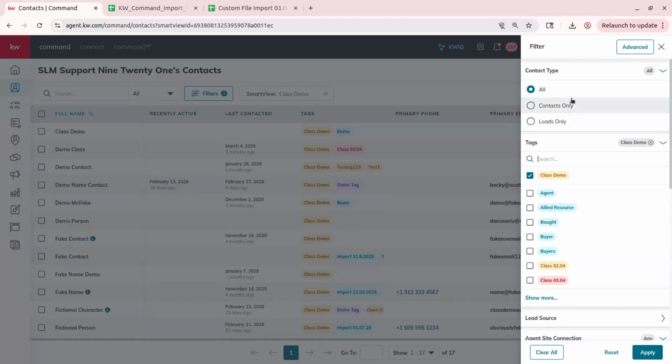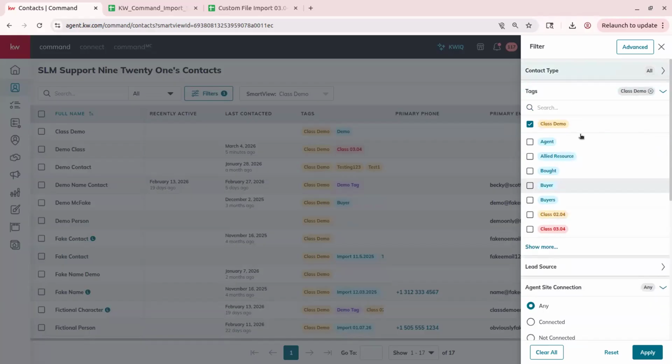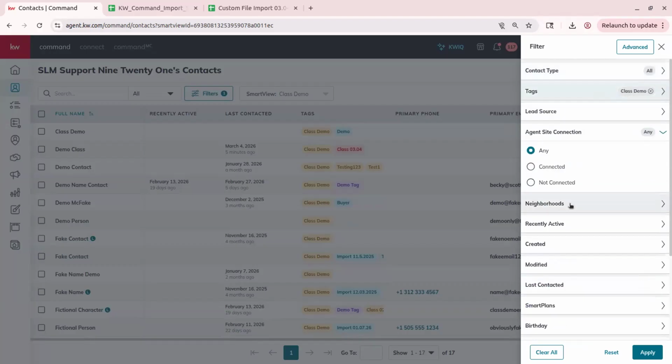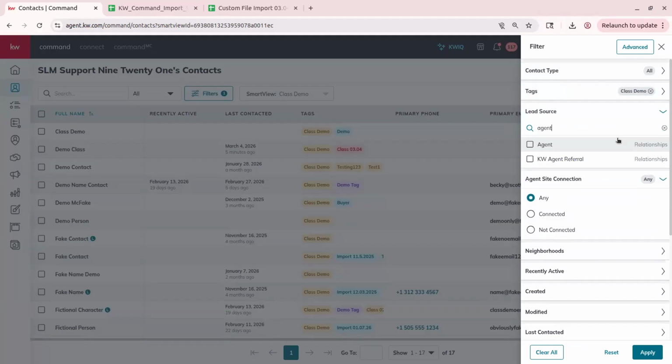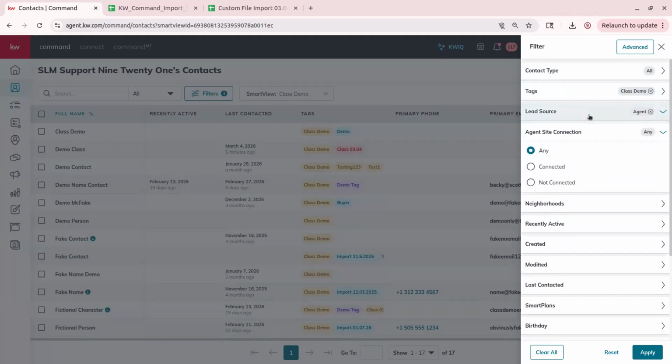contacts. And you can filter by whether they're a contact or maybe they're only a lead or both. You have your tags, so you can go through and filter by all of the tags you have through here. Lead source, you can filter by those. Again, we can type to find it, and you can find that, and then we can see any with an